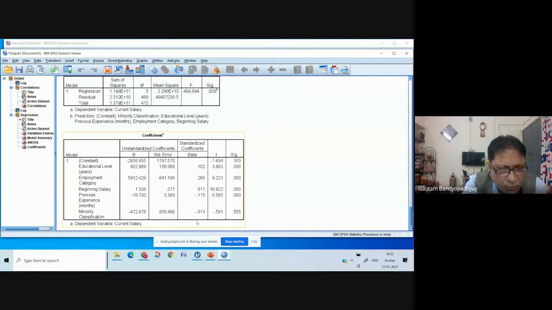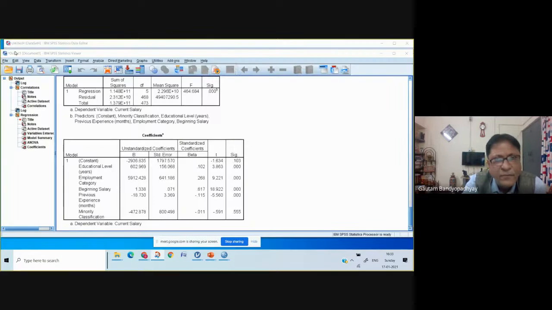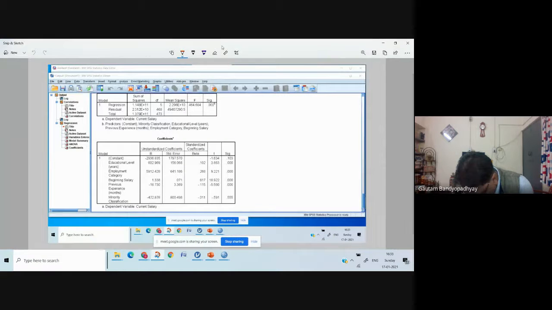So what is the thumb rule? The thumb rule is that if the t-value lies between -2 to +2, or p-value greater than 0.05, that implies